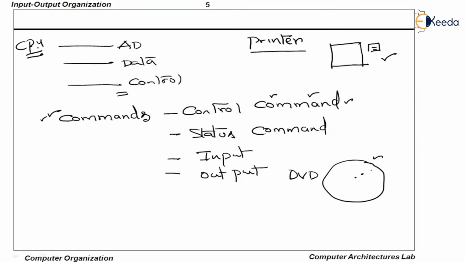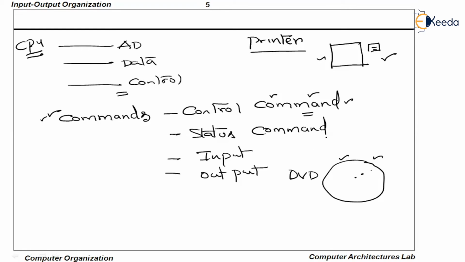So CPU will send the appropriate control commands to each device when they are communicated. Of course, as you know, the way the devices are being controlled are different from device to device. These control commands will be different for different devices, because you don't need to move the paper in a CD drive and you don't need to rotate the printer. So the control commands will be different from device to device.